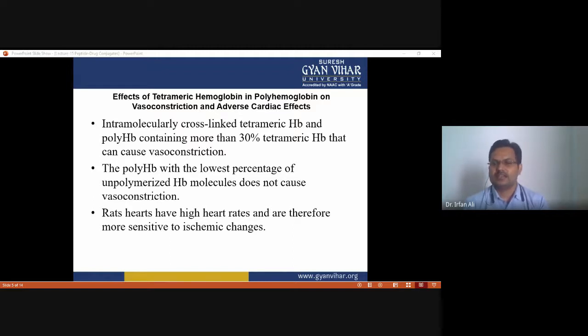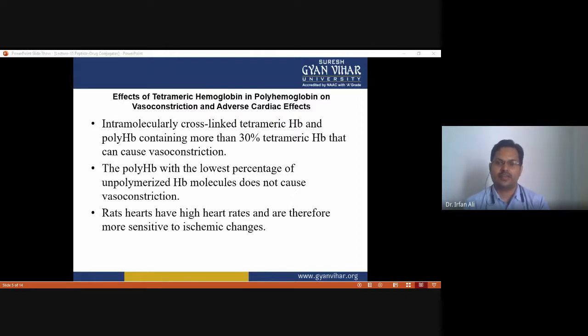The ST elevation could be due to coronary vasoconstriction that results in a decrease in the supply of oxygen to the heart, and this explains the occlusion of small subendocardial lesions in